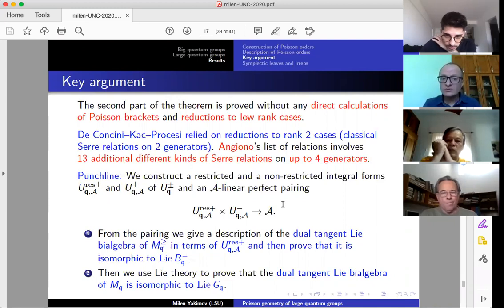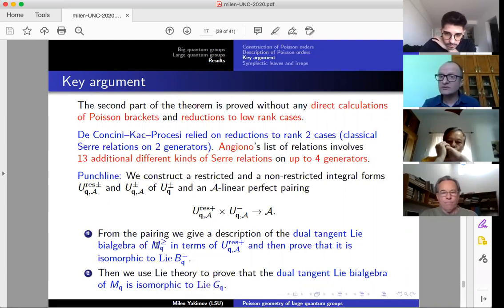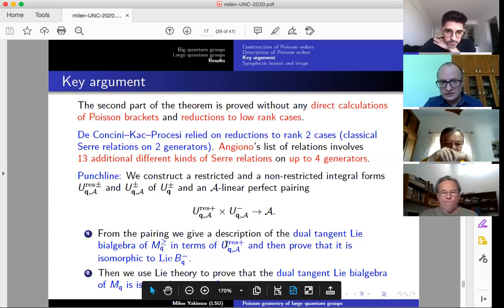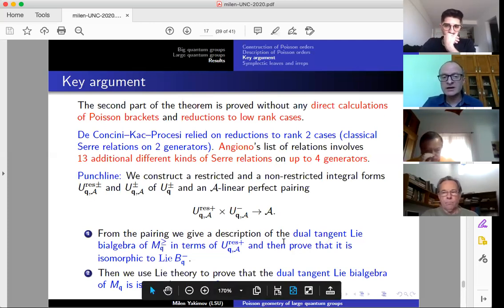So then we prove that when we actually compute the tangent Lie algebra of these Poisson algebraic groups, it becomes a Lie bialgebra because the Poisson structure gives a Lie algebra structure on the dual. So when we compute these cotangent Lie bialgebras, we can fully describe those in terms of the restricted specialization. So everything before was in terms of this non-restricted specialization. That's what's giving us the whole picture of the large quantum groups. But the restricted one actually governs precisely these tangent Lie bialgebras. And from this restricted